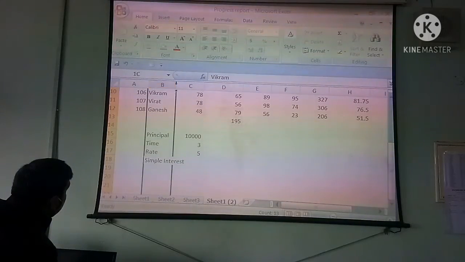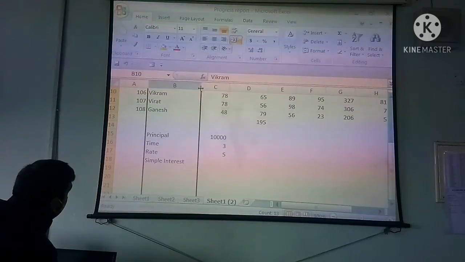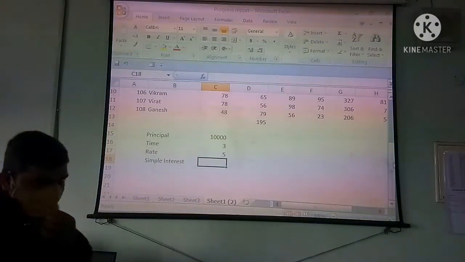Let me increase the width of the cell. Okay, simple interest.